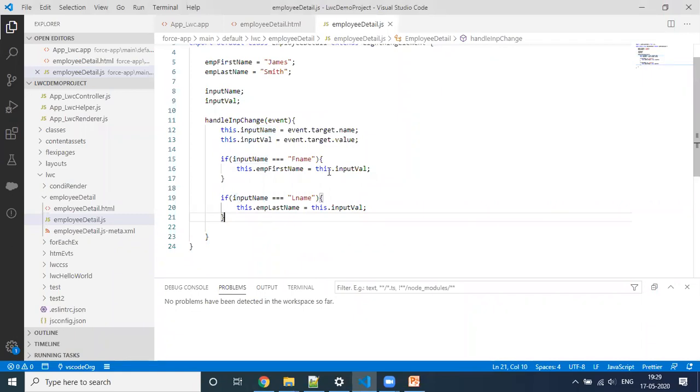Inside the if, this dot is missing, line number 19 and line number 15. Yeah, correct.